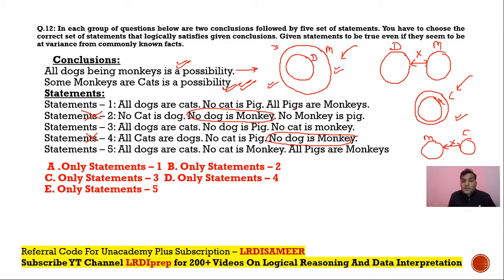No monkey is cat. Do we have any such statement? Yes, it's mentioned over here. No cat is monkey. So can I say statement 3 is out of the option? No cat is monkey. This also eliminates statement 5, right? So we are left with only statement 1 and that's the answer of the question, right? So I don't need to cross verify. I don't need to make the Venn diagram of statement 1. Straight away I can say that the statements mentioned in 1 are those statements where both of these two conclusions will follow because the rest of the 4 options have been eliminated.